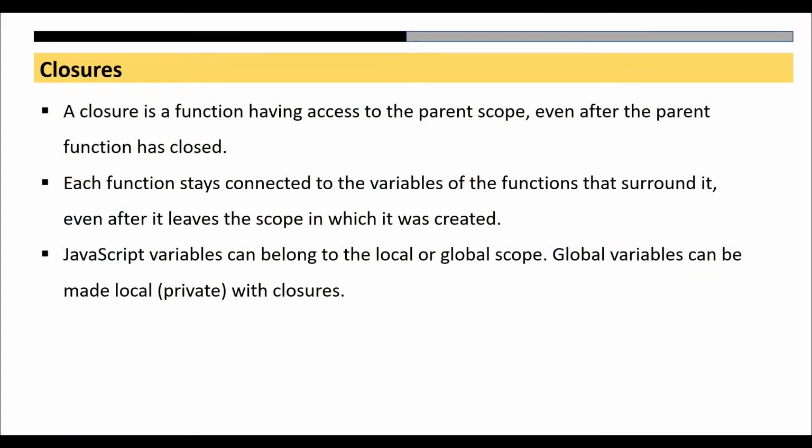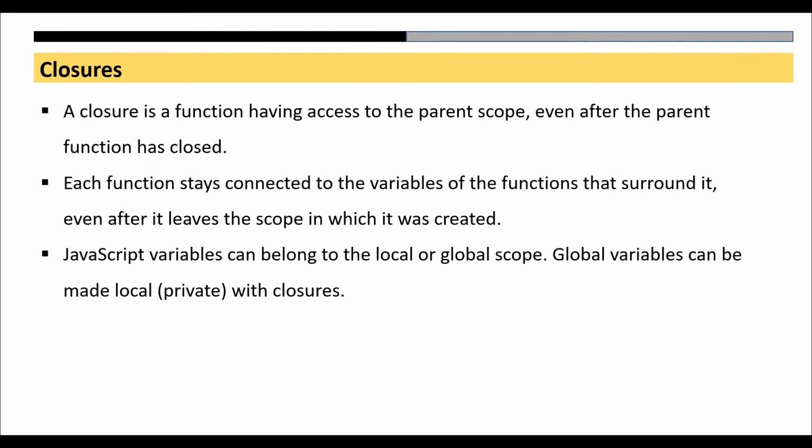So the very first topic we have is closures. A closure is a function that has direct access to the parent scope. When I say parent scope, it means whatever function variables we have in the parent scope, even after the parent function has closed. So I'm going to create a function, and in that I'm going to create a few variables, and then I'm going to make sure that function returns another function. And you will see that even after that function has stopped executing, I'm able to access their variables outside the